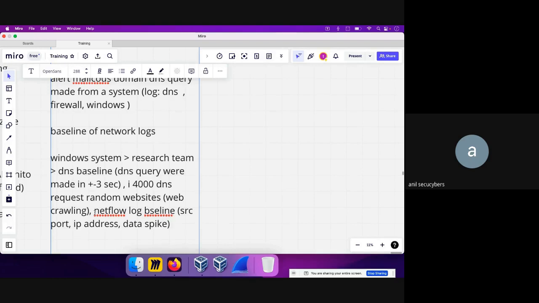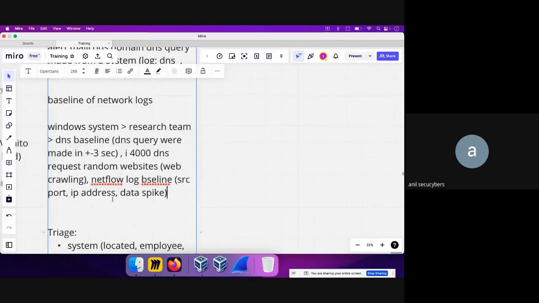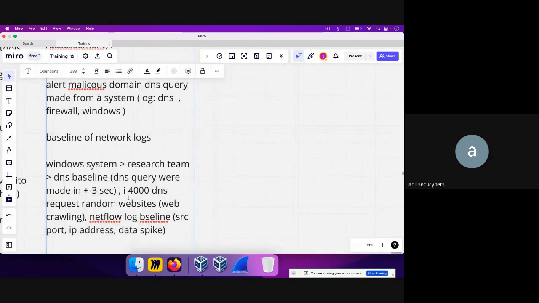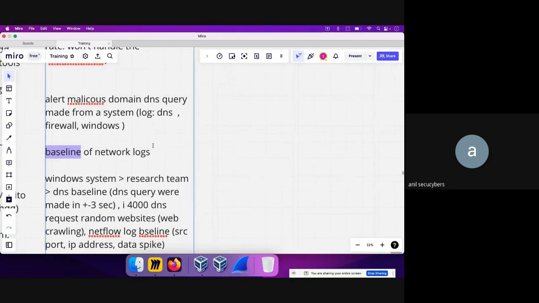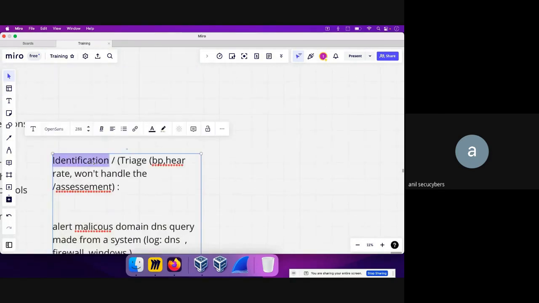You can quickly get all this kind of info in the assessment part by looking at those logs and performing the baseline analysis of them. So basically what I mean is that the identification stage is all about figuring out if this case is a false positive, true